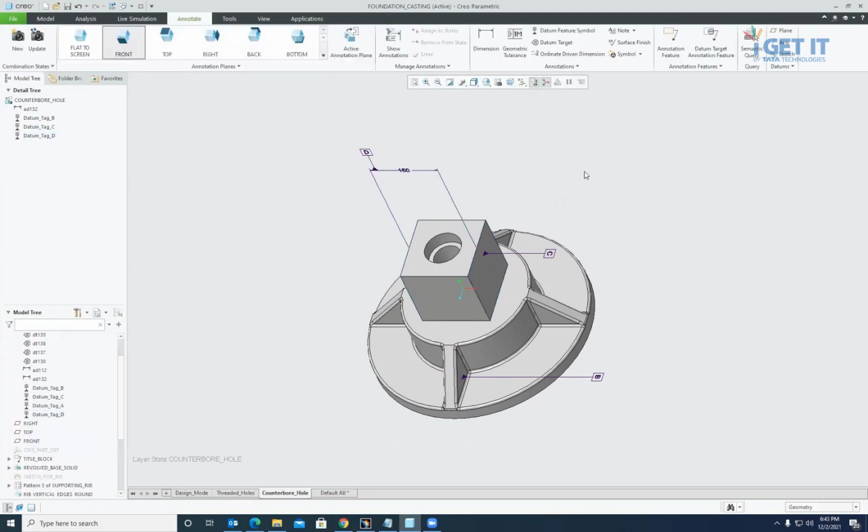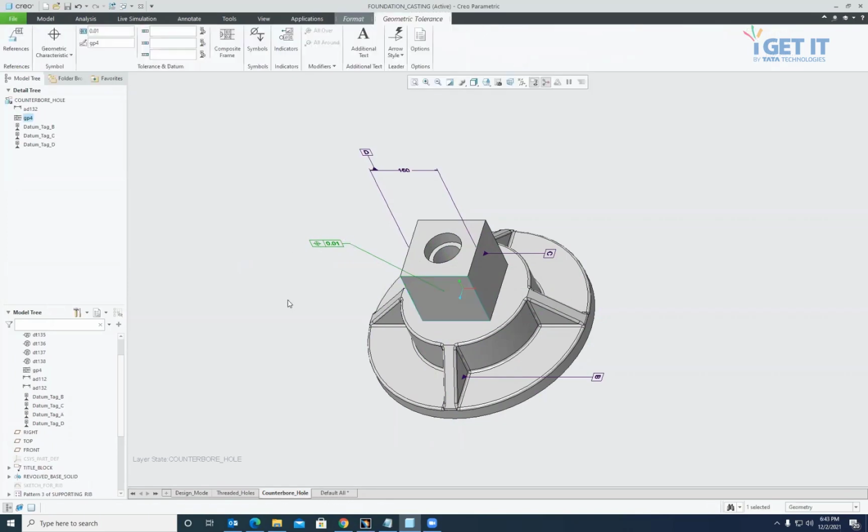The next thing, I will create a geometric tolerance over here, and for which I will set the right plane as the annotation plane. I want to set the geometric tolerance for this front surface, and this surface is perpendicular with C datum and B datum both. So I will assign a tolerance of perpendicularity. Value is 0.02,